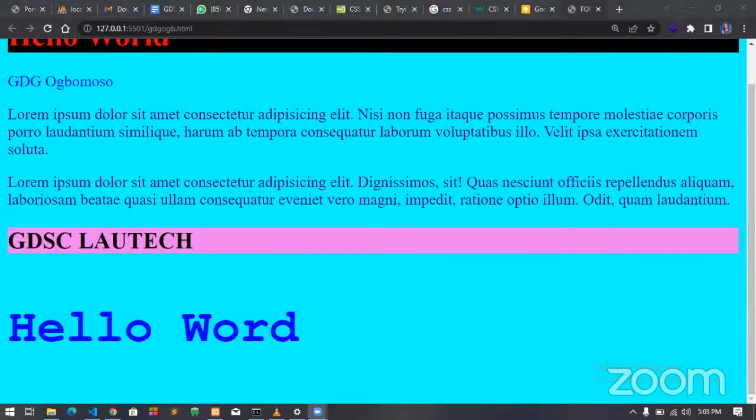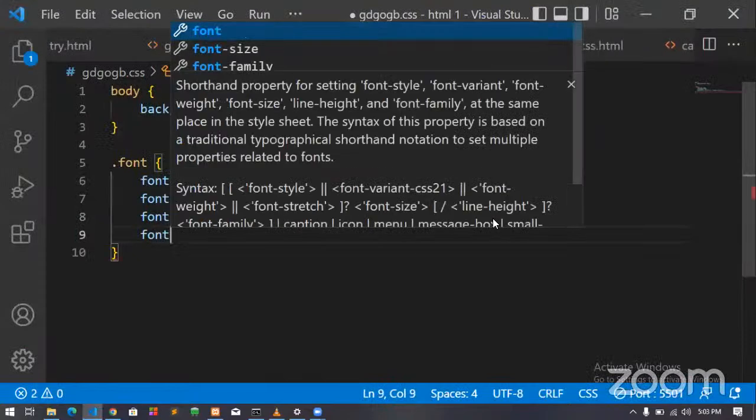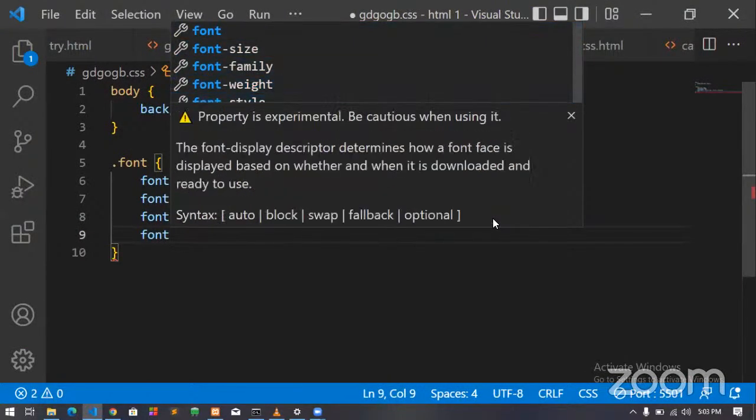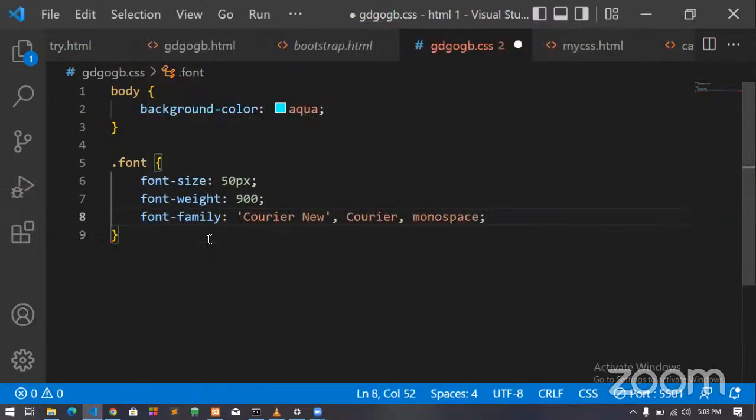Is everyone with me? Yes, well with you? That's changed. Great. So look, our font family has changed. So that's how we deal with our font family. There is a whole lot about fonts, there's a lot to do. There's font weight, font family. I think I've touched font size and font family, but we don't have much time, so I will not dwell on that much. This is just the basics. Then anything else you can still do on it. So do we all understand the font part before we move on?